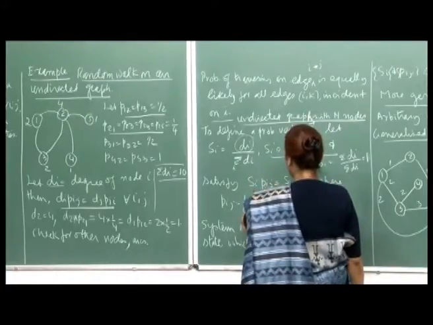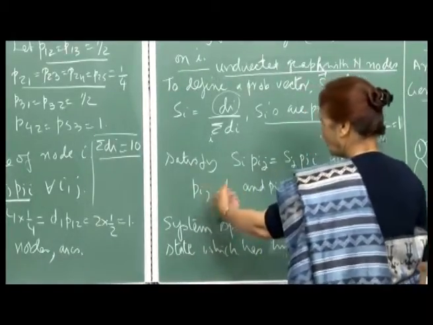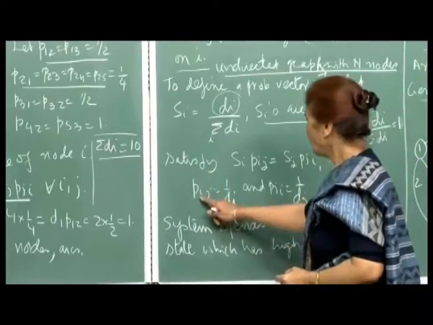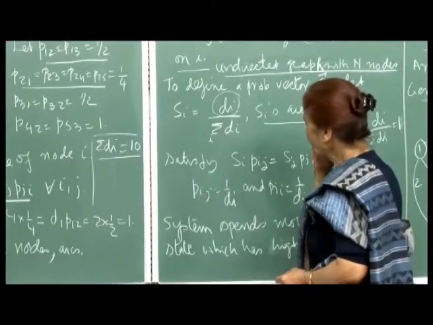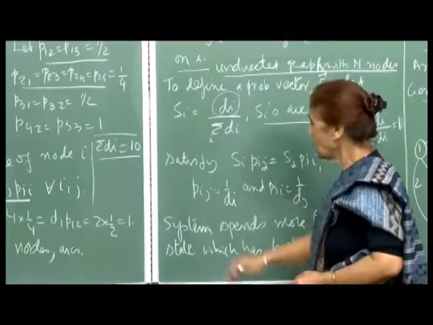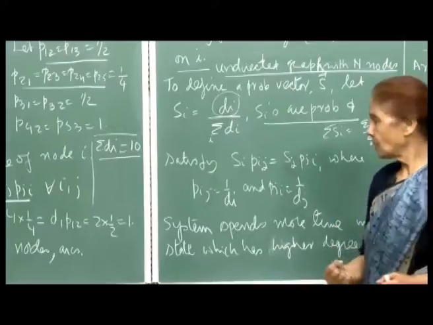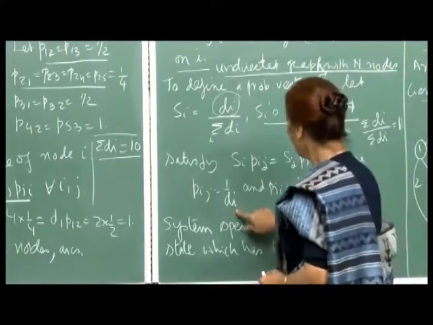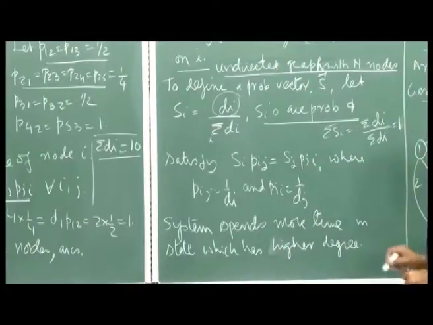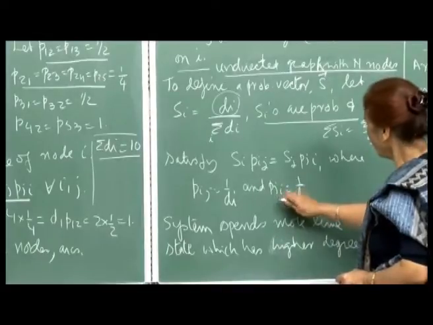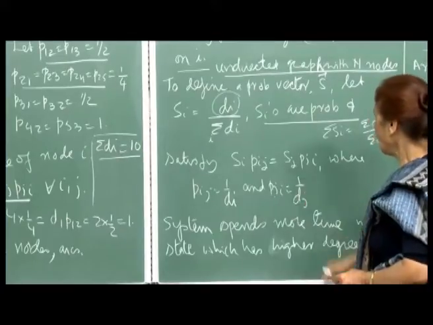this is p i j, as I am saying that p i j is 1 upon d i at node i, whatever the degree of the node, then I take the probability of traversing each of the edges which are incident on i as equally likely. So, it will be 1 upon d i, whatever the degree of node i, and all edges incident on node i will take the probability as 1 upon d i. And similarly p j i will be 1 upon d j, right. So, here we are at node j, then whatever the number of edges incident on j, it is 1 upon d j, and so p j i is 1 by d j.